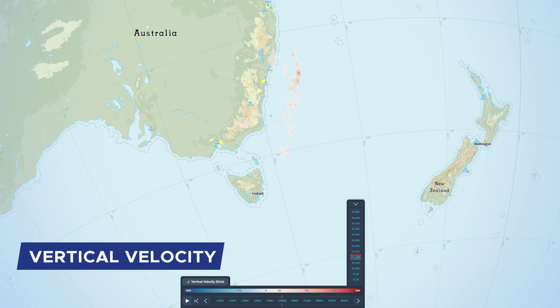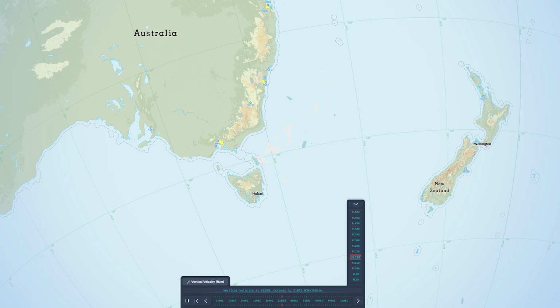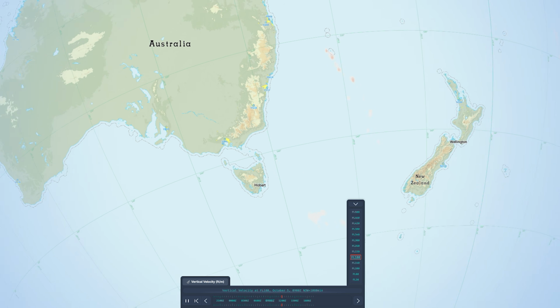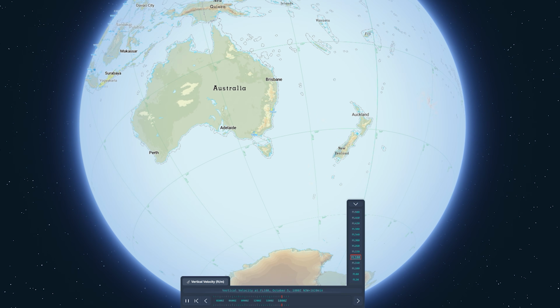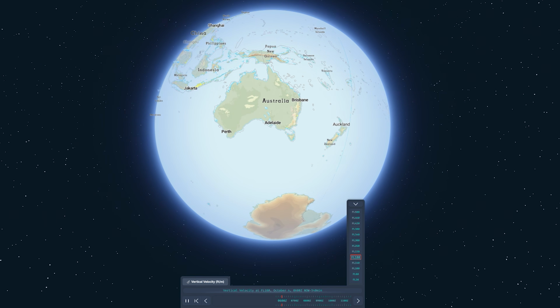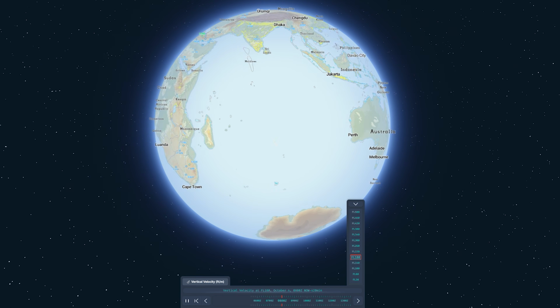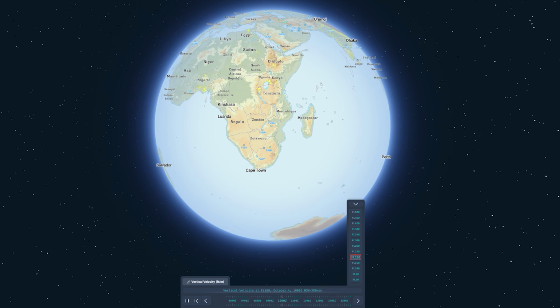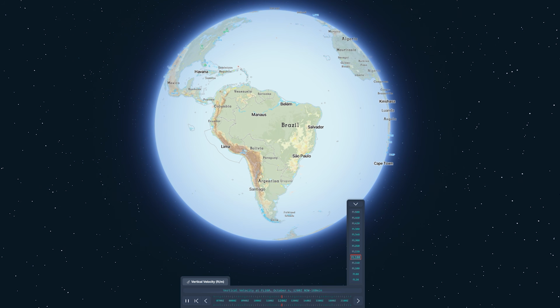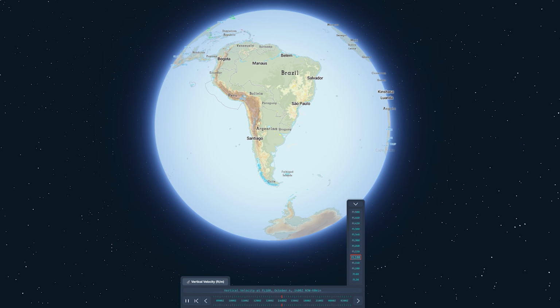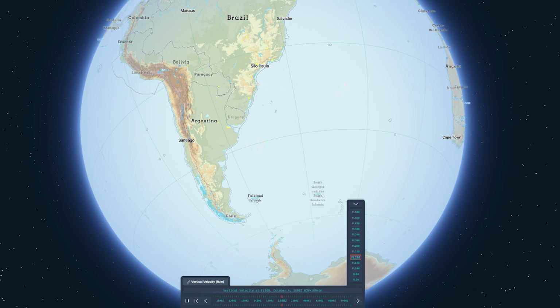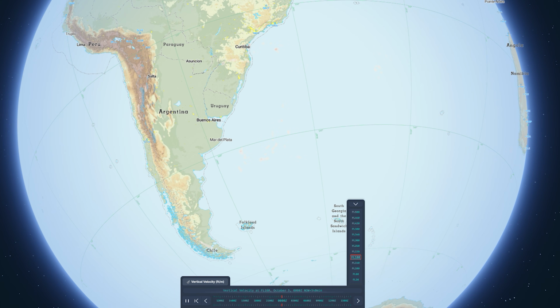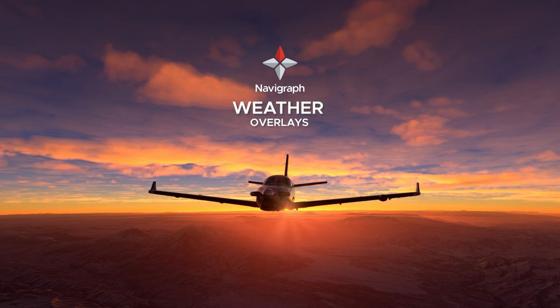Vertical velocity. In meteorology, vertical velocity refers to the rate at which air or other atmospheric elements are moving vertically in the Earth's atmosphere. It indicates whether air is rising, sinking, or remaining relatively stationary with respect to a given reference point. Vertical velocity is a critical parameter for understanding various atmospheric processes, including cloud formation, precipitation, and the development of severe weather phenomena. So this is the weather functionality in